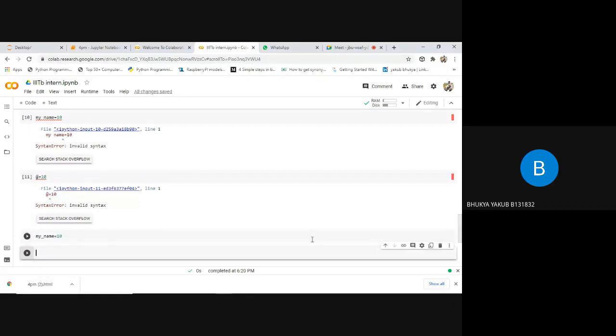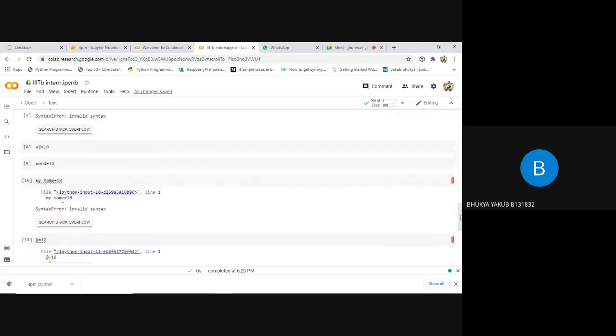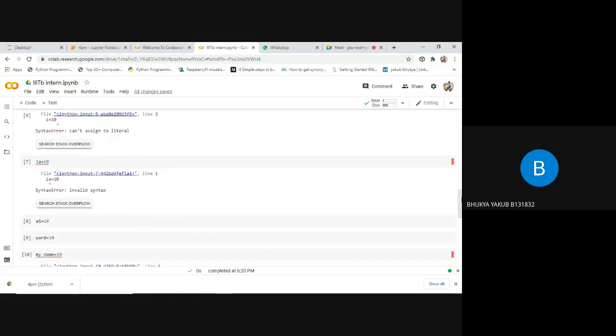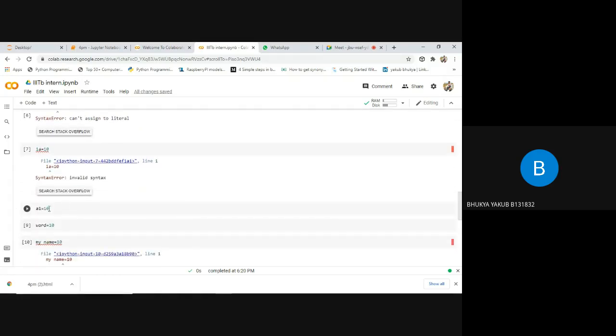See here, I'll recap all this again. First rule is any character, any alphabet can be used as an identifier. Second rule is digits cannot be used as an identifier. Third rule is digit followed by character also cannot be used as an identifier. After that, character followed by digit can be used. Words can be used as an identifier.